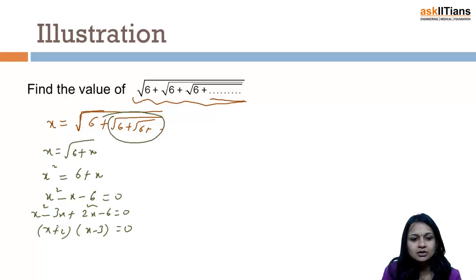So this is how we solve this category wherein we have equations which keep on going. What we have to understand is from where it is getting repeated, and we put that equal to x again and try to solve it, because that becomes a quadratic equation. After that we got two solutions, x equal to minus 2 and x equal to 3.